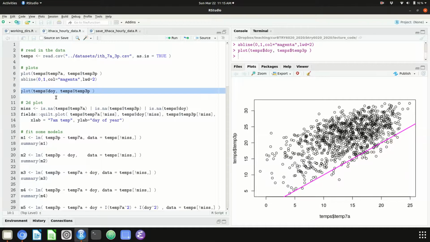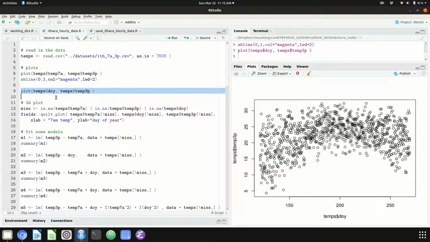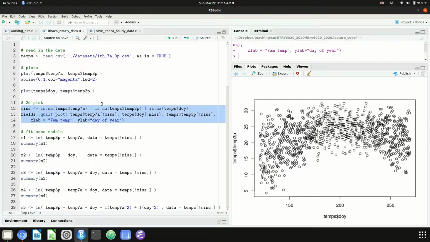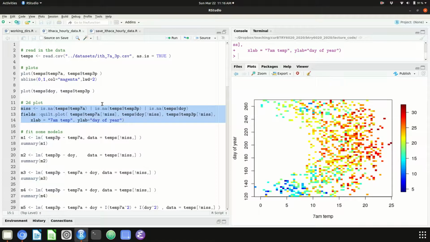You can also do the same thing for day of the year. This is where things kind of get more interesting. So clearly it's cooler in May and then warmer in the middle of the summer and then begins to cool off again. The thing that's really interesting is when you start looking at this as a three-dimensional or two-dimensional plot with 7 a.m. temperature on the horizontal and day of the year on the vertical, and then the color tells you the 3